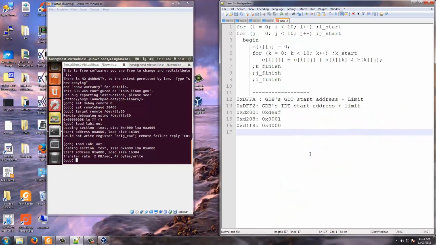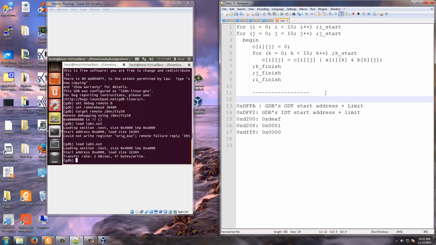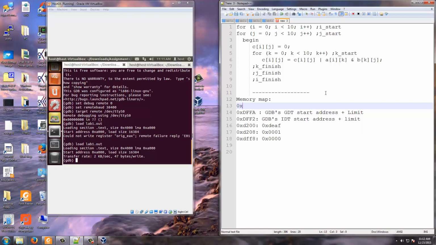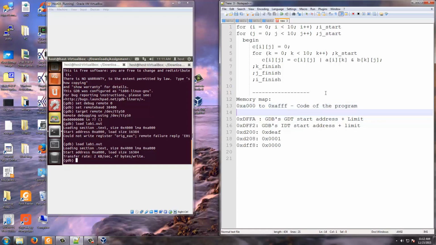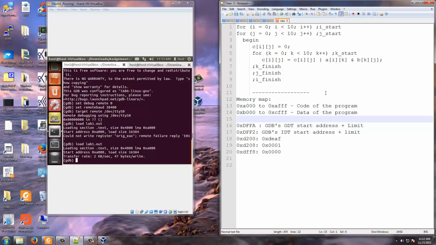So the lab1.s, to basically explain what is lab1.s, that code, basically all the codes that we'll have as a part of this assignment, this is the memory map of our code. 0xA1000 to 0xAFFF, we'll have the code of the program. 0xB1000 to 0xCFFF, we will have the data segment, data of the program.